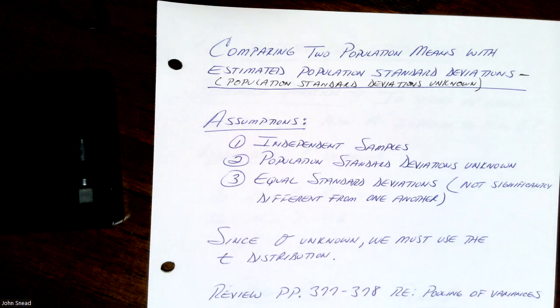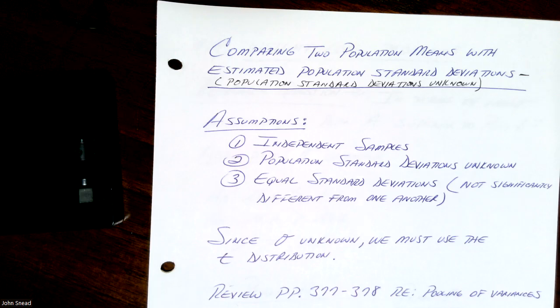And in chapter 11, your textbook authors delve into some of the theory related to the pooling of variances and so forth. This is more of a practical type course as opposed to a theoretical course, so I'm not going to delve too deeply into the theory. But as the textbook authors point out, typically when we're comparing two independent groups,